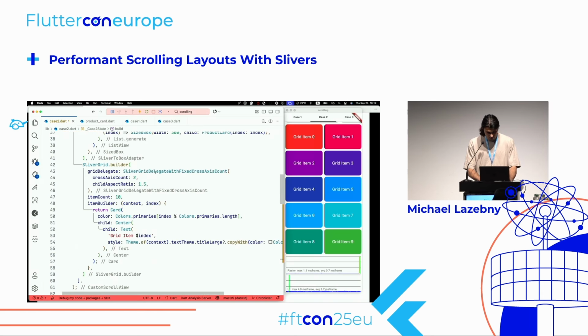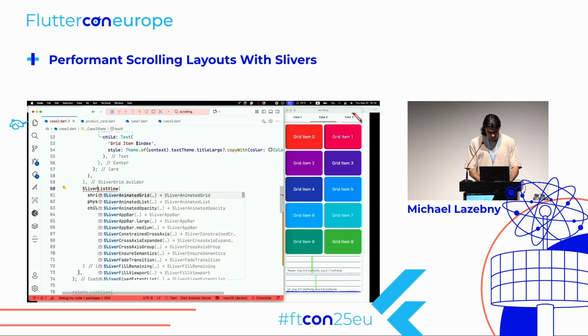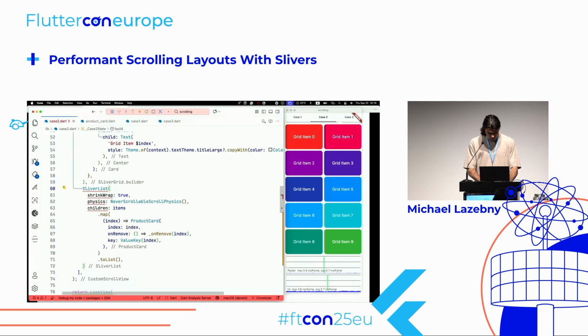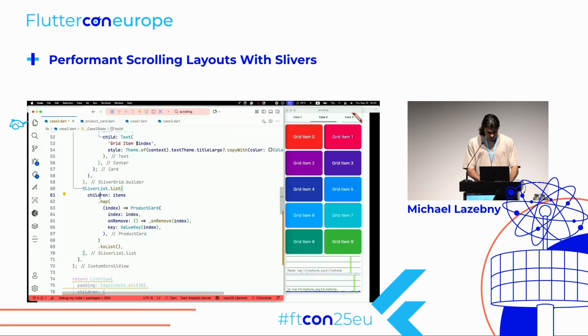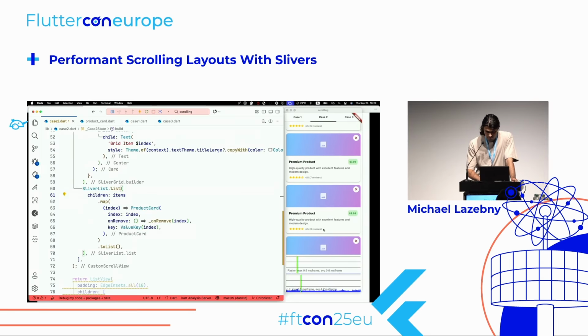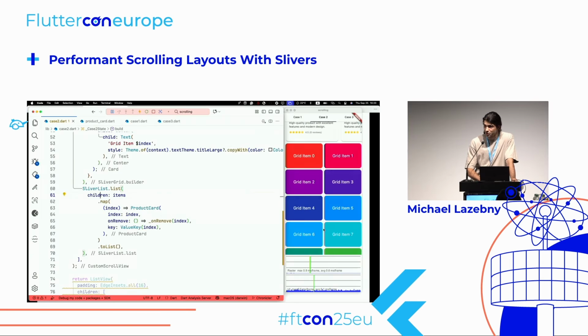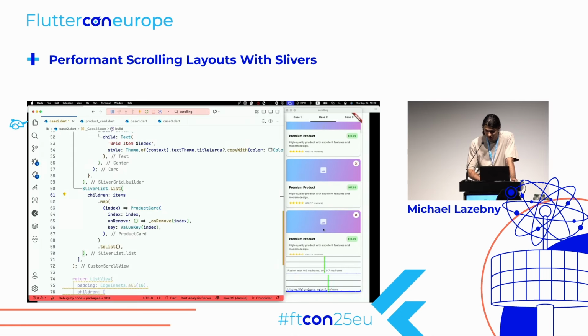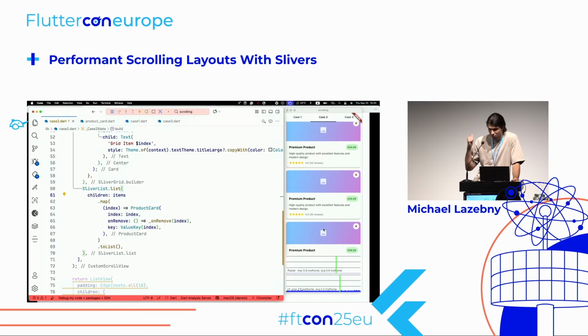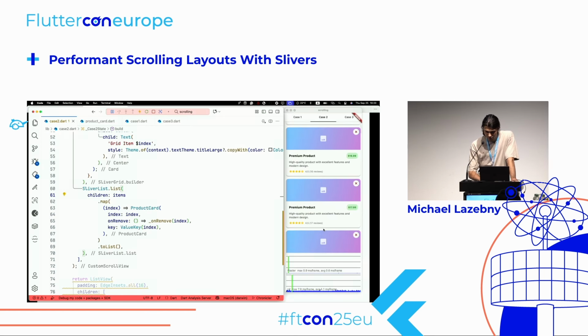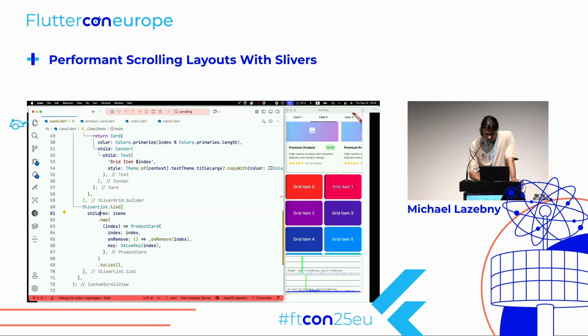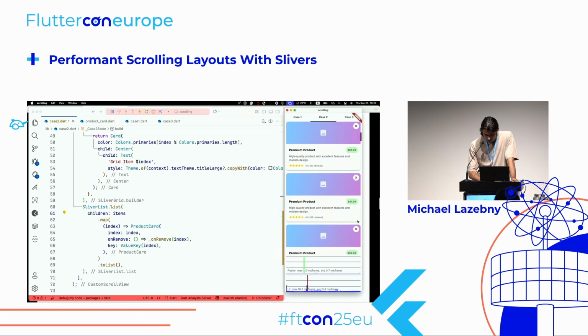And for that list view, let me just render it again. SliverList. Let it be list, right? Yeah. So now we have the list with slivers, and again it is scrolling fast, and there are no jank. Remember previously that thing rendered in like 100 milliseconds. Now it's like 4. However, what I also want to show you is that, for example, when you use this